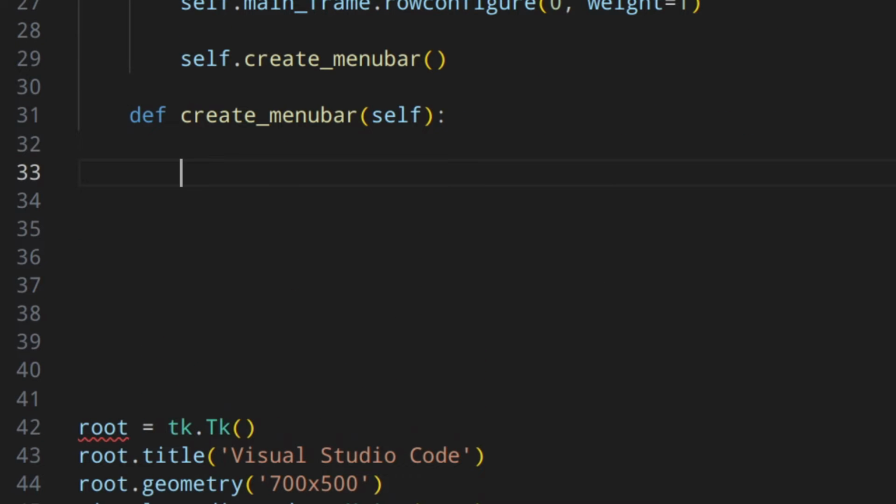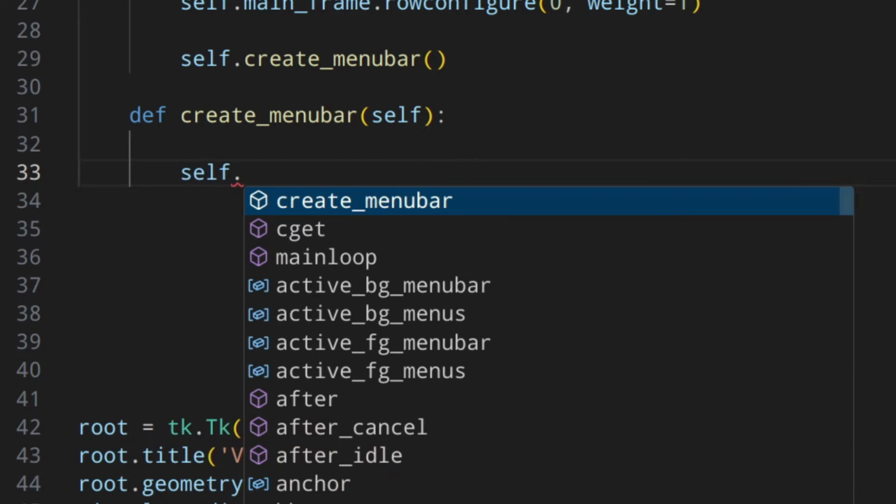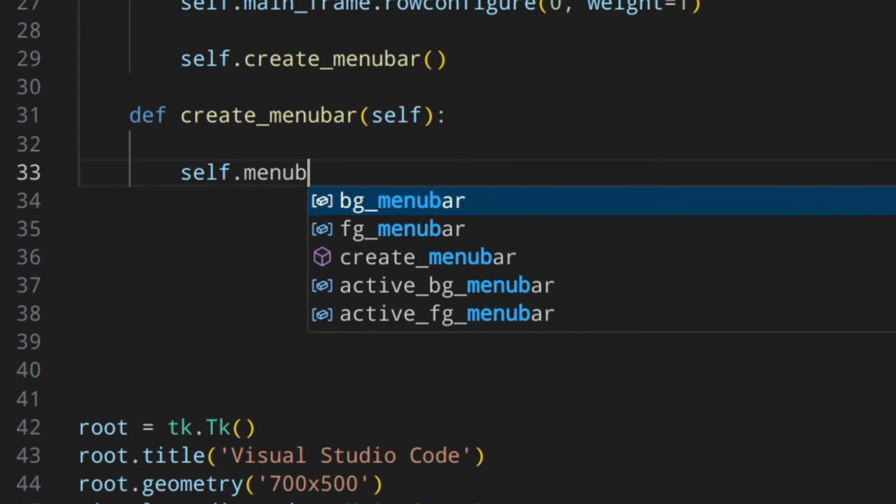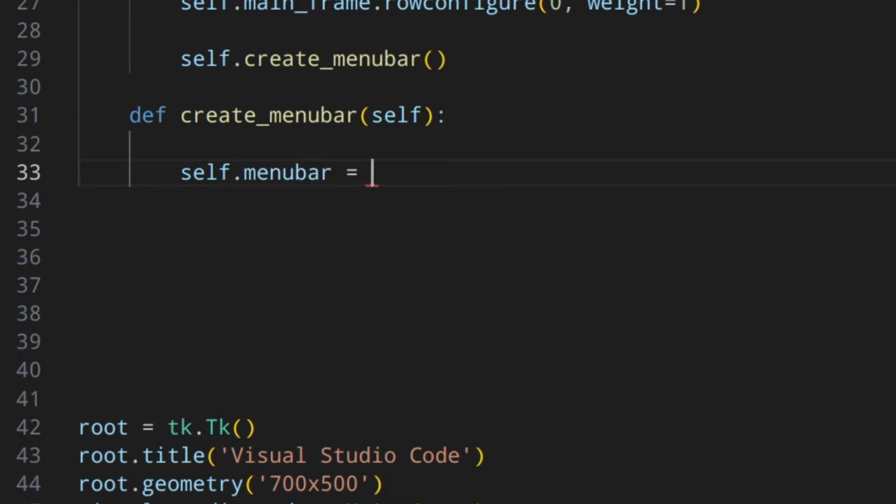So to create the menu bar at the top of the window, we need to create a menu widget and then add it as the value of the menu option to the root window. So let me show you. So self.menu_bar is going to be a Menu.